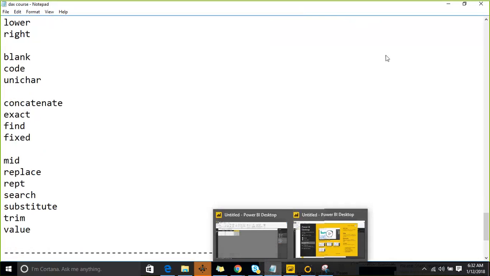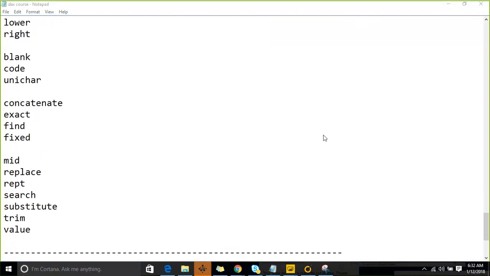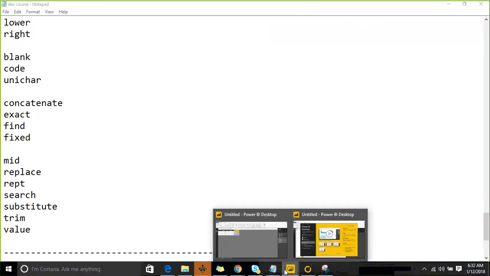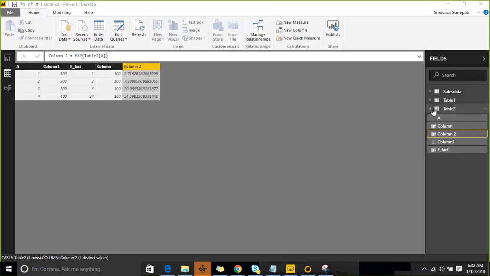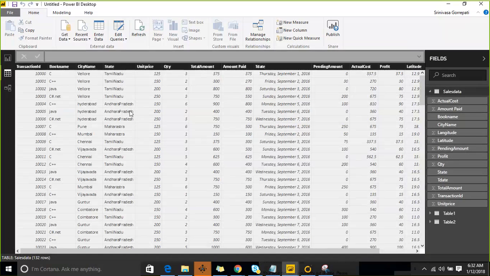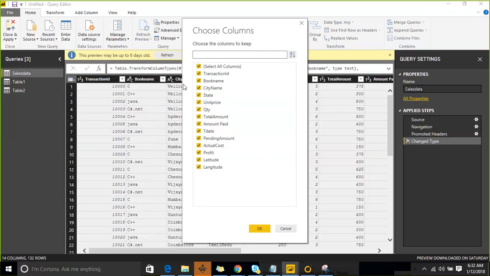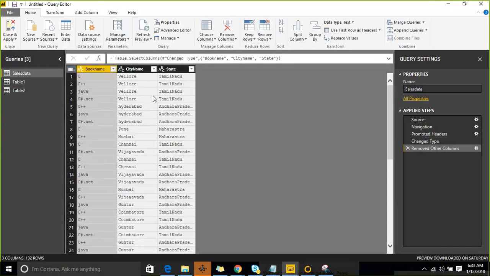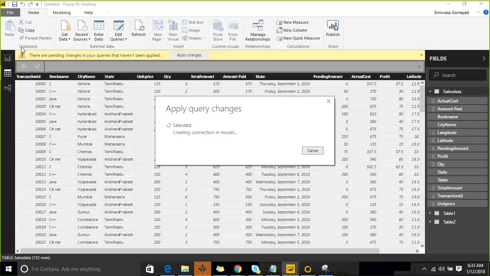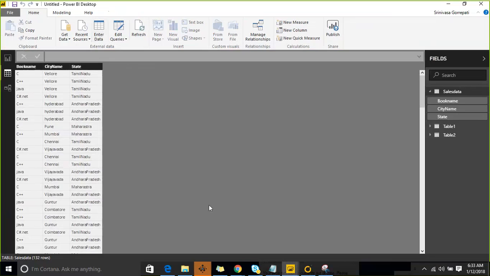Now the next one is the sales data table. Let me reduce the table, not truncate. Okay fine. So here